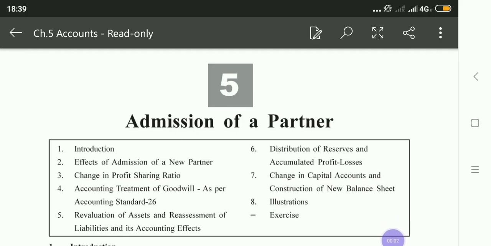Hello everyone, this is Payal Bhagat and I am here again to continue chapter 5 of accounts, that is admission of a partner. In the previous video, we have gone through the introduction and I have also explained necessary content of theory. So moving ahead, let us first of all talk about the weightage of this chapter,